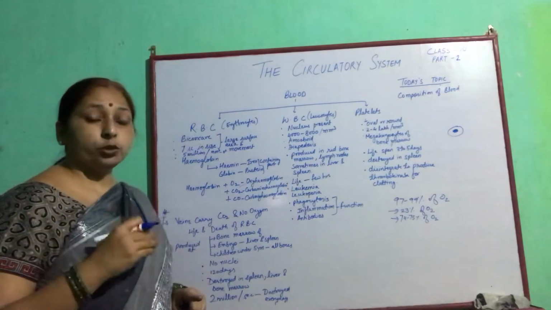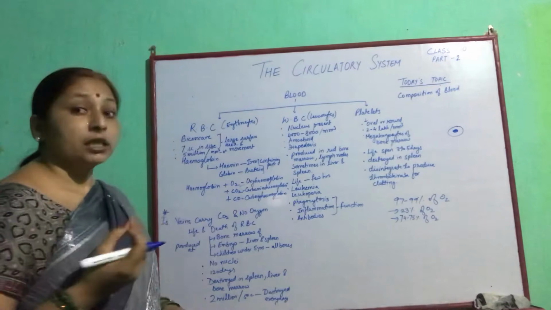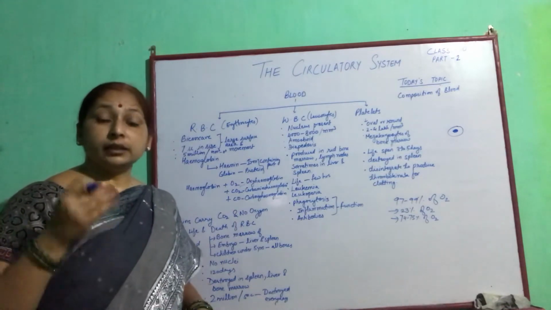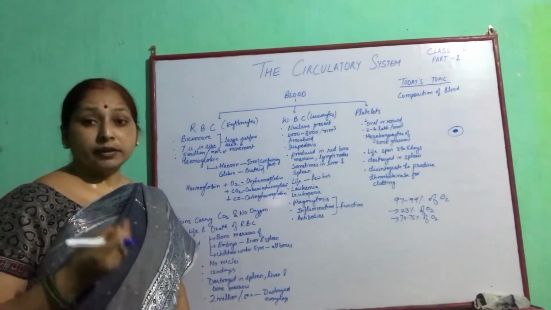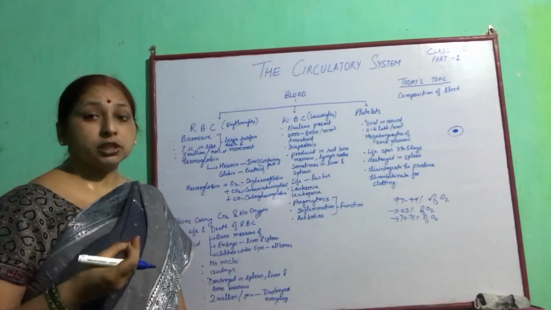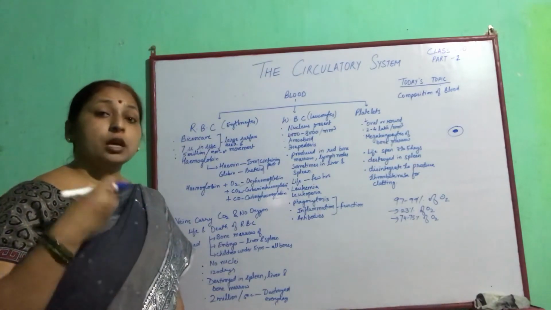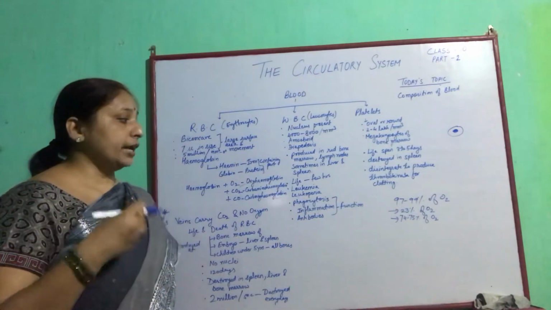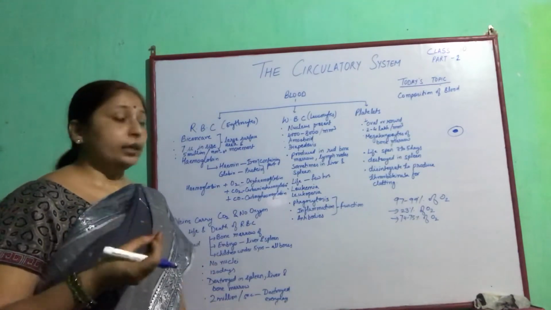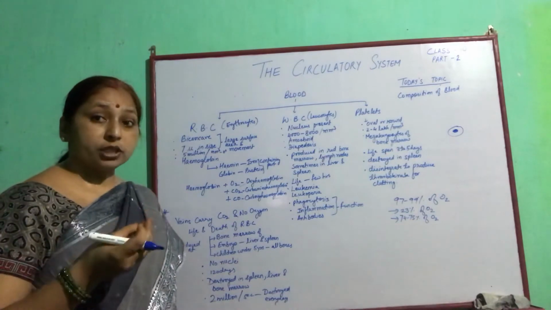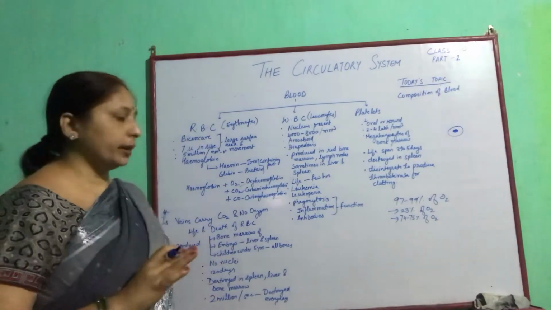Do veins carry CO2 or no oxygen? Veins carry CO2, but they contain oxygen also. Out of 97 to 99% of oxygen, only 23% is released to the tissues or cells. The rest, 74 or 75%, is retained in the venous blood, and along with that oxygen, CO2 is also carried by the venous blood.